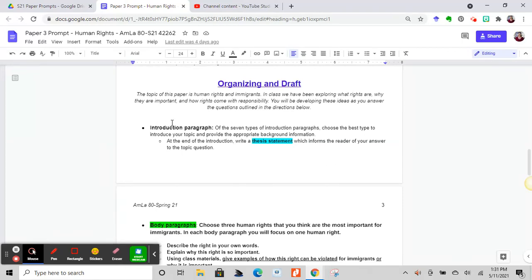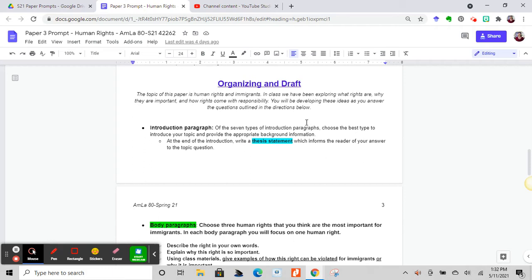All right, let's review the organizing and draft part of the instructions for this paper. So remember, the topic of this paper is human rights and immigrants. This paper will be 5 paragraphs long, so you should include an introduction paragraph, 3 body paragraphs, and a conclusion